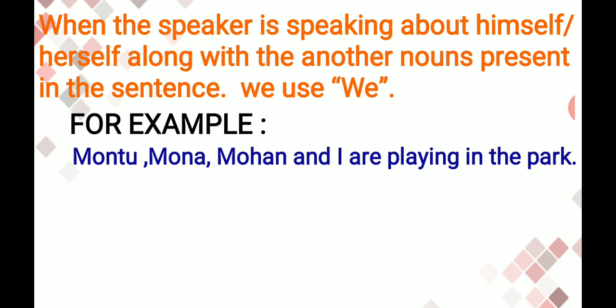So there are a total of 4 nouns, but instead of my name I use I, right? So there are 4 persons in the park. They are playing. Then what will we do? If I is in the sentence, I am speaking the sentence. At that time, how many nouns are there? With these nouns, if I is there in the sentence, we use